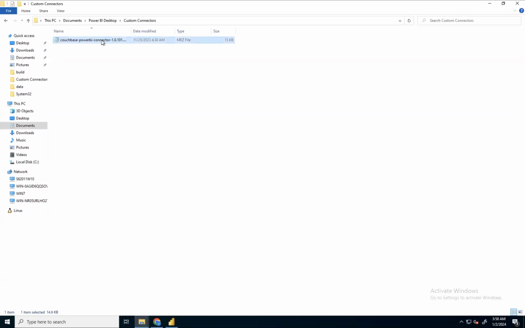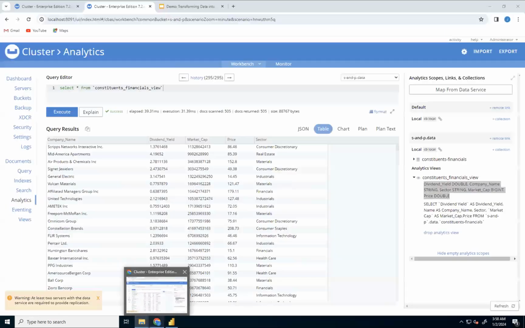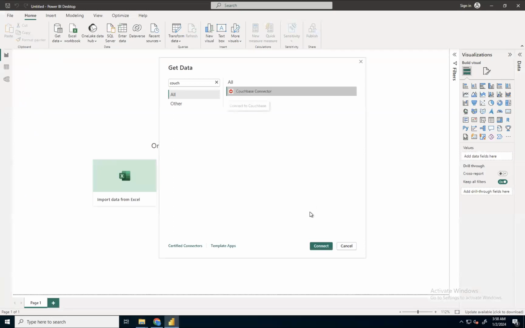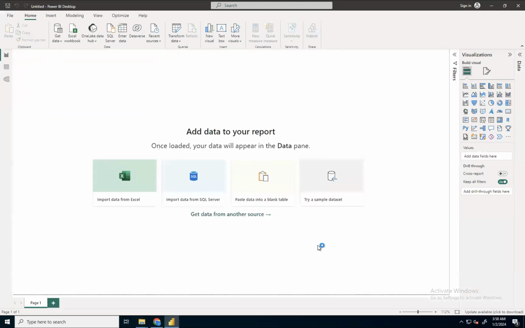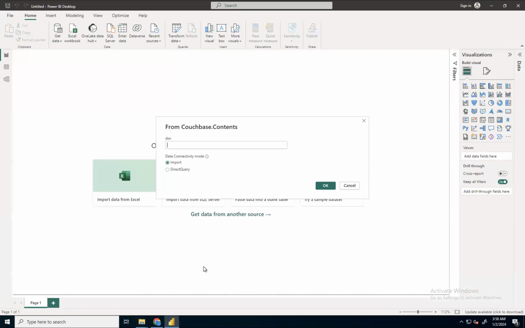I have already placed it here. You can follow the documentation for the same. I'll select it, connect. My DSN name was demo underscore DSN, which I just created, and I'll be using import data connectivity mode.